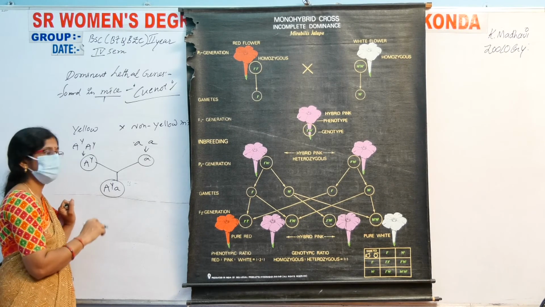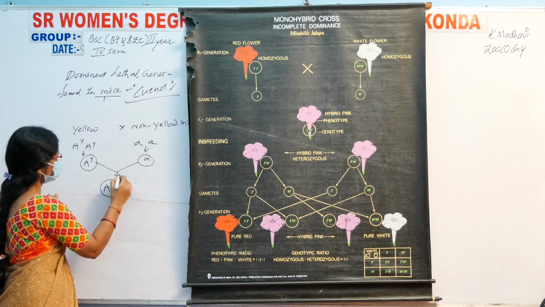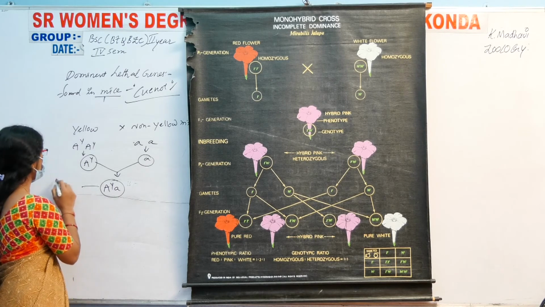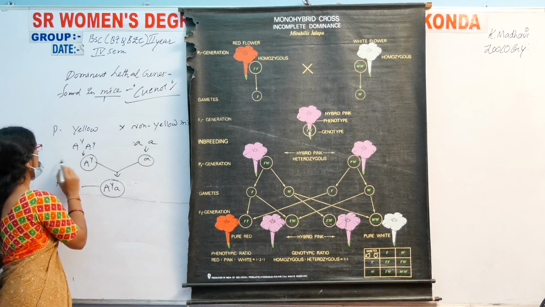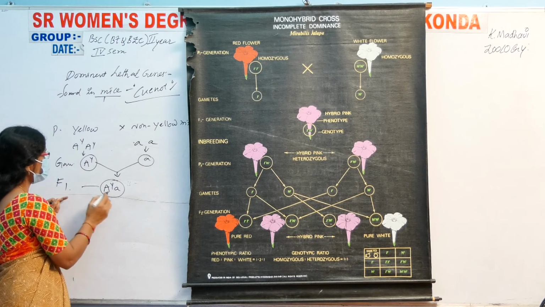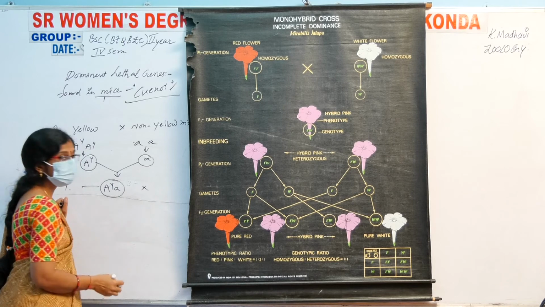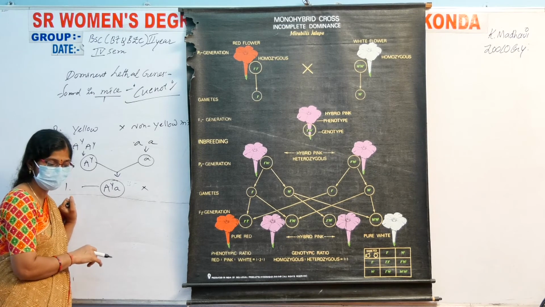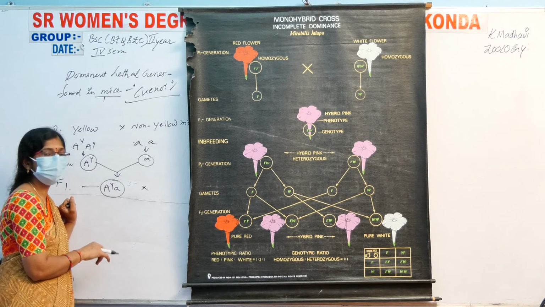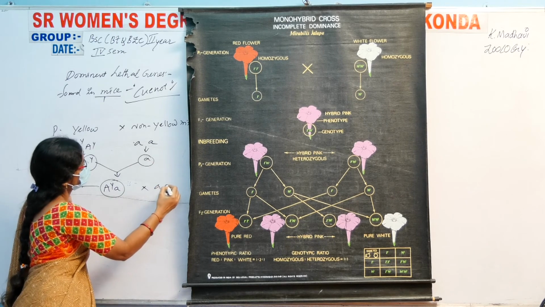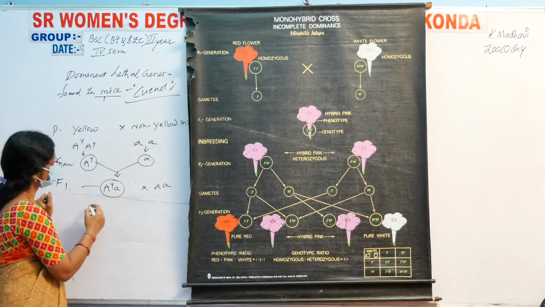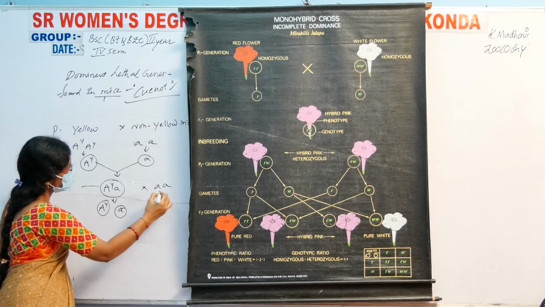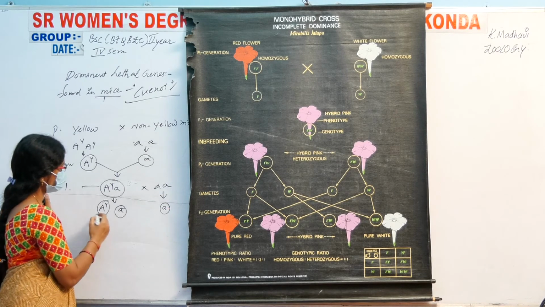All are yellow, but this yellow hybrid can give the F1 generation. This is the parent generation, and these are the gametes. In the F1 generation, they are either self-crossed or test crossed. Let us check what answer we get. With the recessive character, this is a test cross. Here it produces Y gametes and A gametes, and here it produces only A gametes.